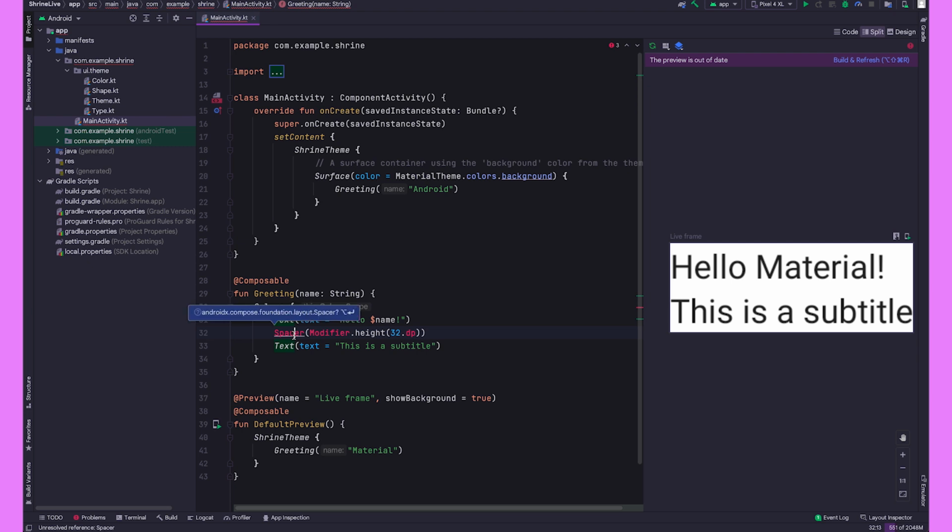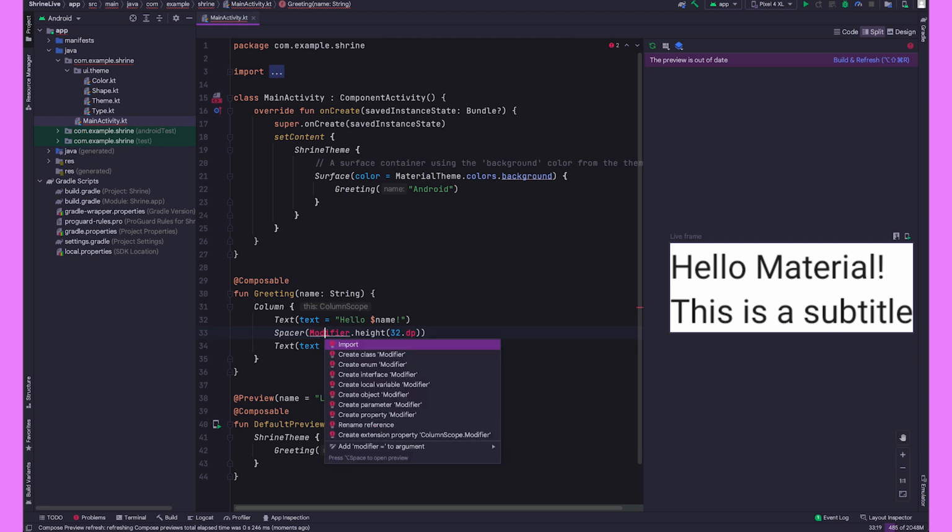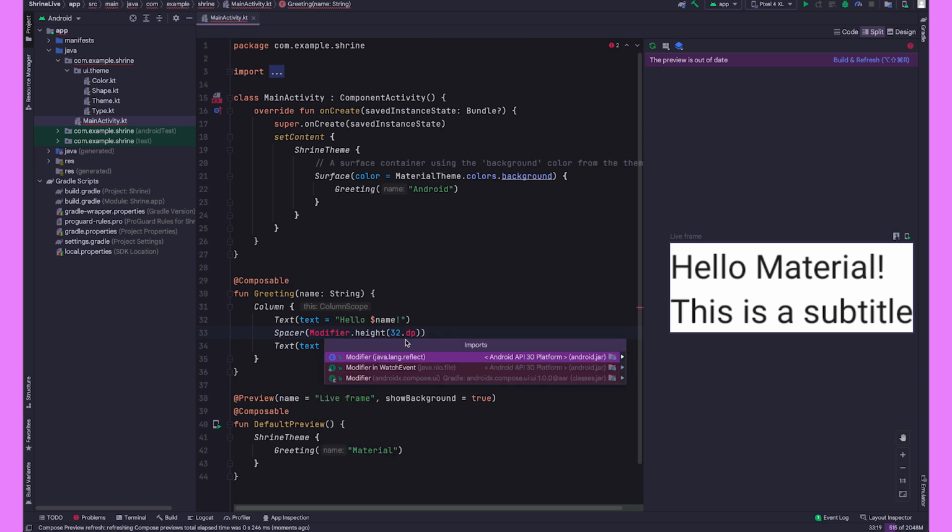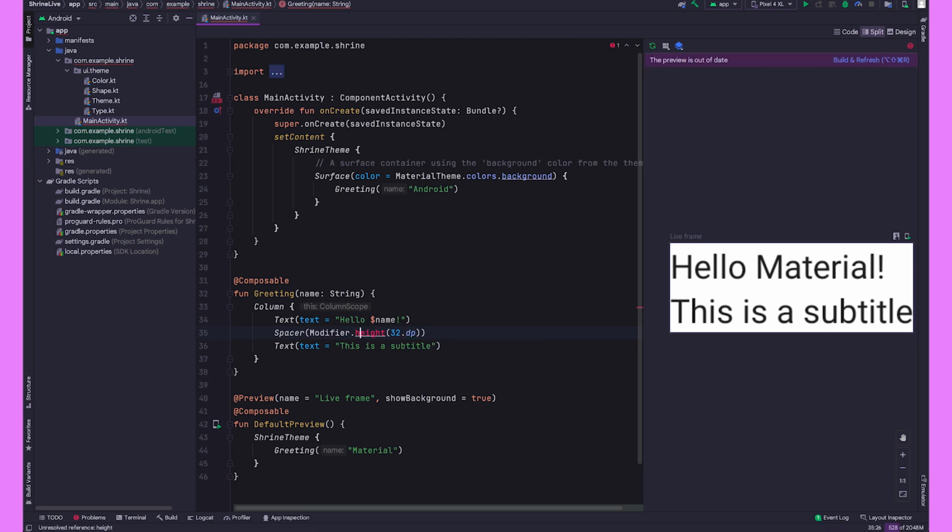What that means is that you just have to import the right symbol in. What you can do is just hit Alt-Enter on the keyboard, and often this little pop-up menu will show up. If there's an option at the top that says import, you just say import. In this case, we are just going to use compose, DP, and then height. There is a way to simplify that, but anyway,